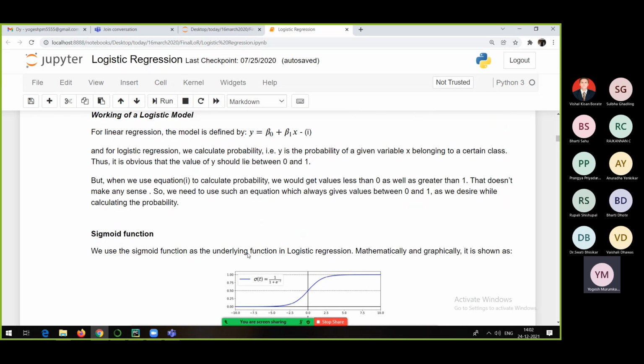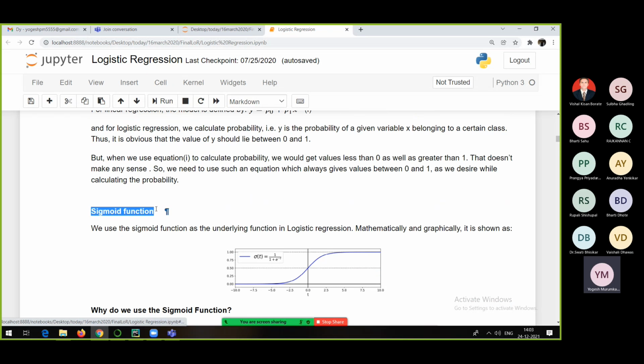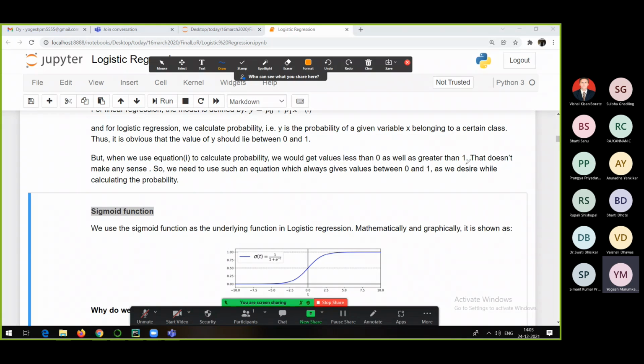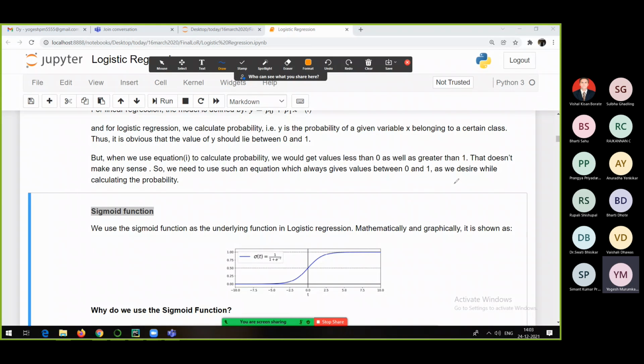Sigmoid function gives you the output always between 0 and 1. So it gives you a positive value. That is one of the main reasons, because logistic regression makes use of the concept of probability. So the basic idea behind logistic regression is, you can take any example. Let's suppose I want to create a classification model, as we have seen that logistic regression can solve classification types of problems.